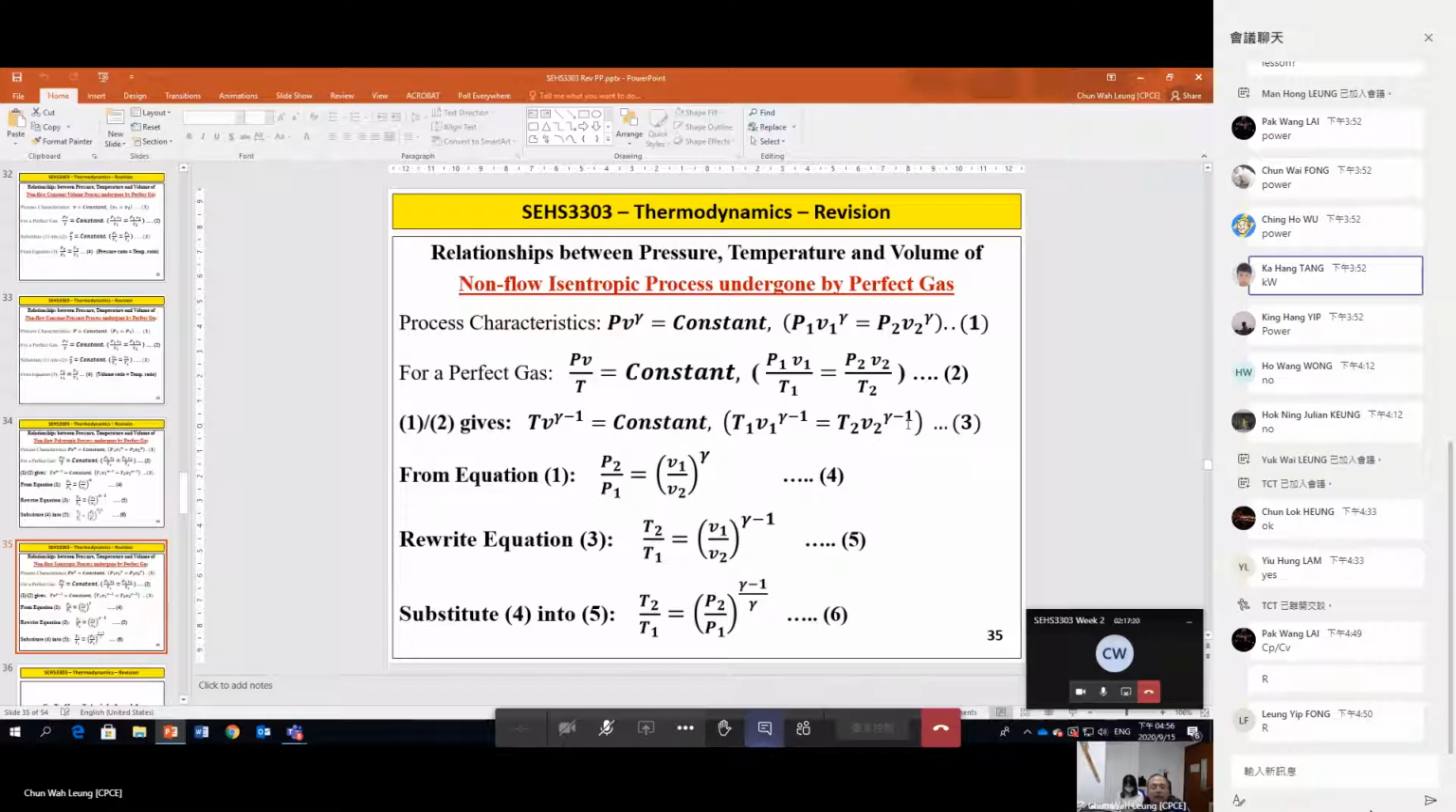From equation 3, we can rewrite into 5. Therefore, temperature ratio T2 over T1 equal to, again, the volume ratio V1 over V2, the whole bracket to the power gamma minus 1. 咁如果呢個 V1 over V2 係知嘅，譬如假設係10咁啊，加埋 1.4， 1.4減1咪 0.4 咯，咁即係話係10 to the power 0.4， 又係一撳機就得啦。咁咧，你知道 T1 就好容易